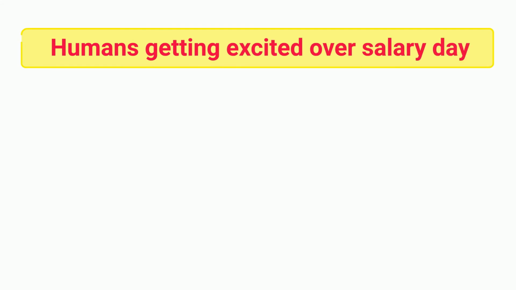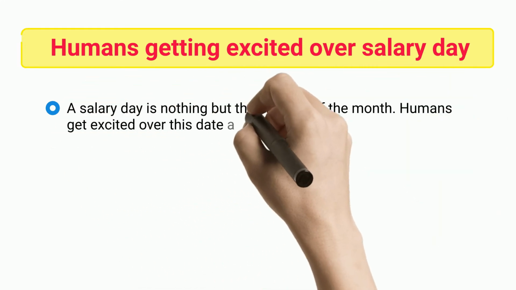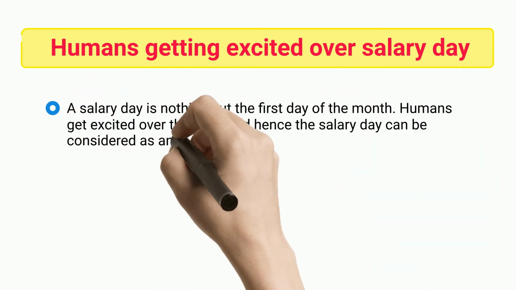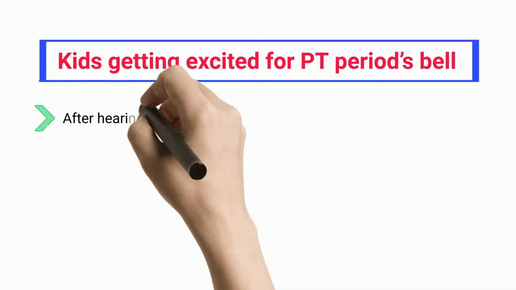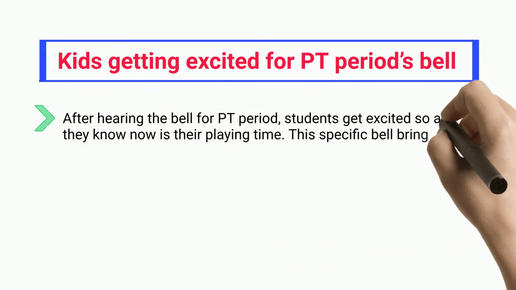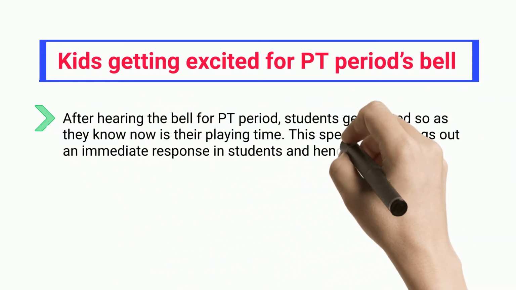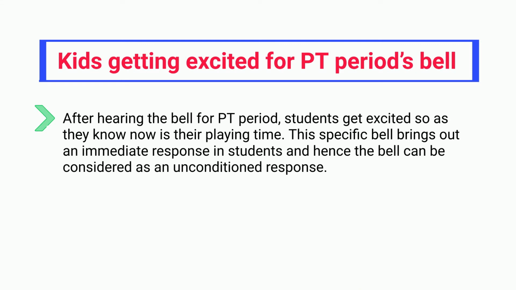Humans getting excited over salary day. A salary day is nothing but the first day of the month. Humans get excited over this date and hence the salary day can be considered as an unconditioned stimulus. Kids getting excited for PT period bell. After hearing the bell for PT period, students get excited as they know now is their playing time. This specific bell brings out an immediate response in students and hence the bell can be considered as an unconditioned